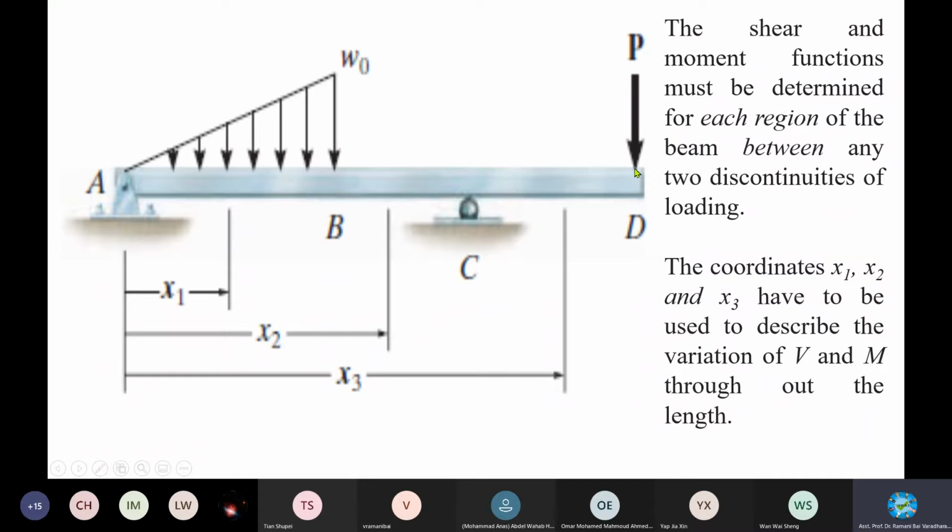All kinds of loading acting where there is no support need to be designed properly for this overhanging type of structure. In this case, there is a point load here. Imagine a man is standing here, and there is some load here. They may be storing something here in a triangular fashion. The load is not uniformly distributed but varying in a triangular fashion: smaller, smaller, bigger, bigger, to a great level at this point. So it's a triangular loading.